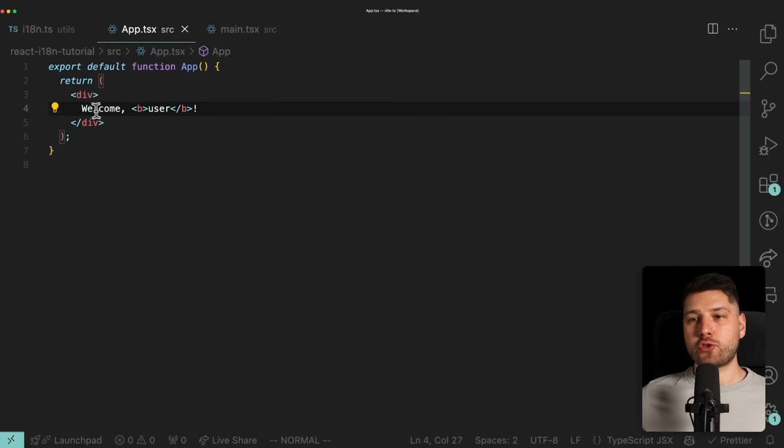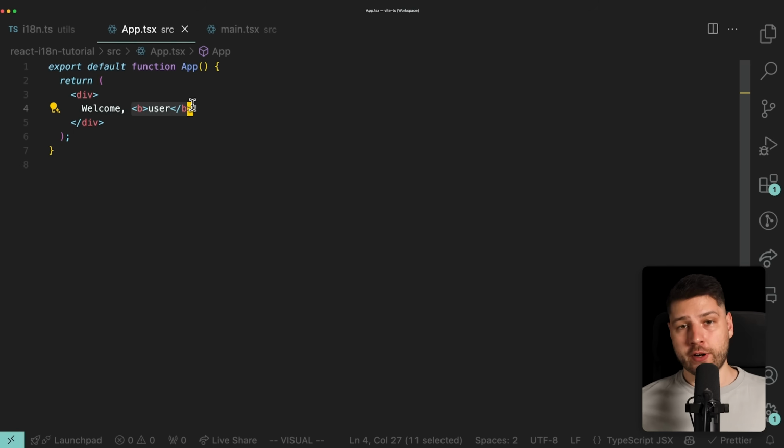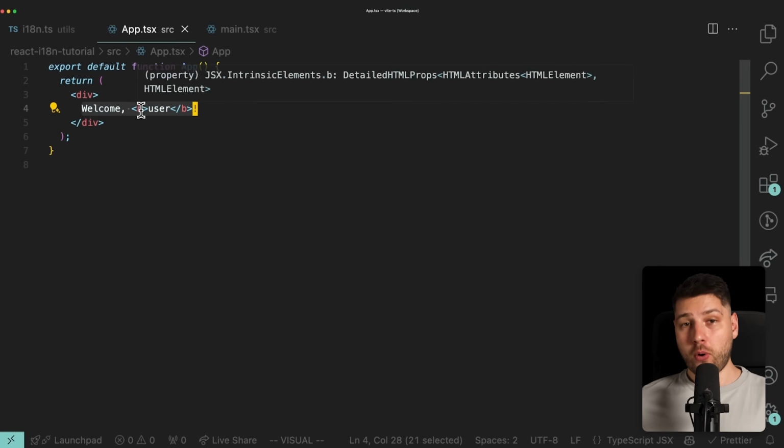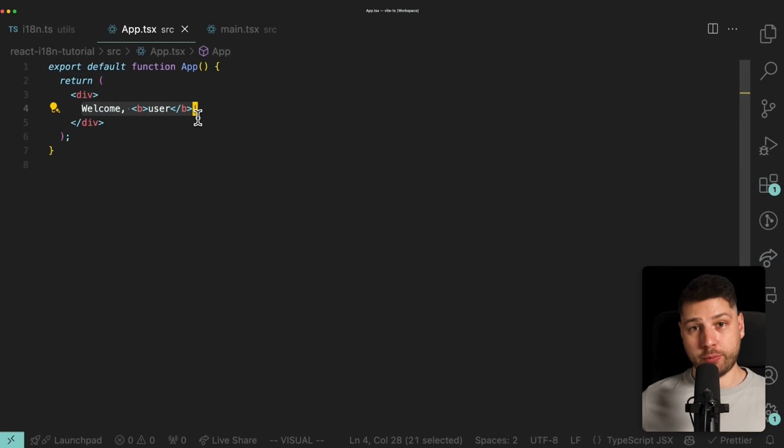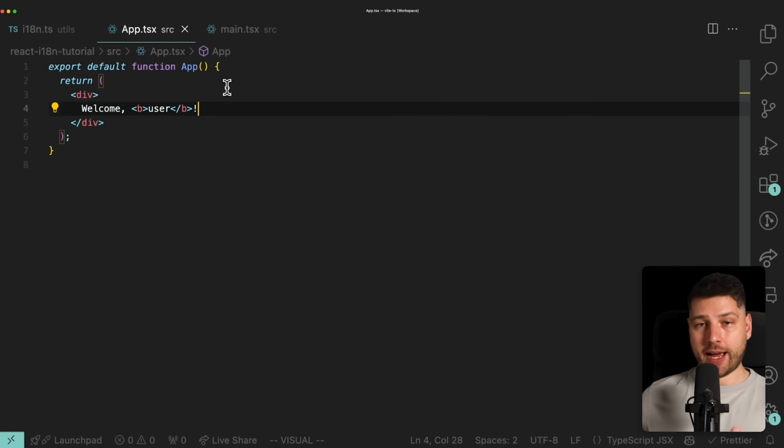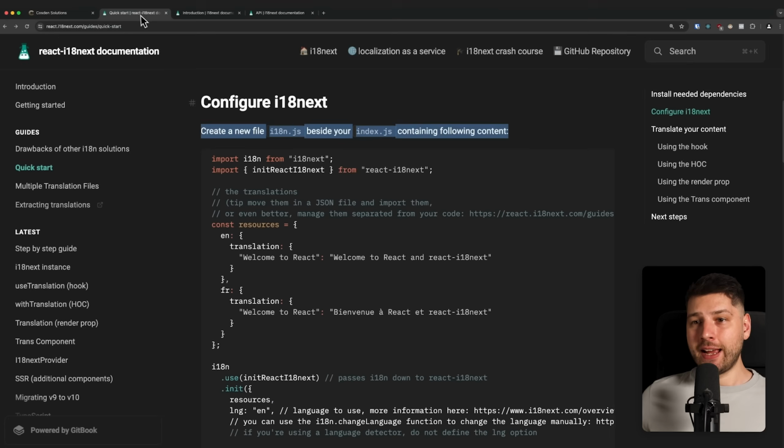What if we wanted to translate this string and we also wanted to keep this bold over here or whatever else it might have been? Could have been italic, could have been underlined, whatever else it might have been. We want to translate this entire thing and also keep the bold or whatever element that we had. How would we do that? Well, unfortunately, if you tried to use the useTranslation hook that we had earlier, it wouldn't work because it doesn't support it. To do this, you have to use another component from React i18next, and that is going to be